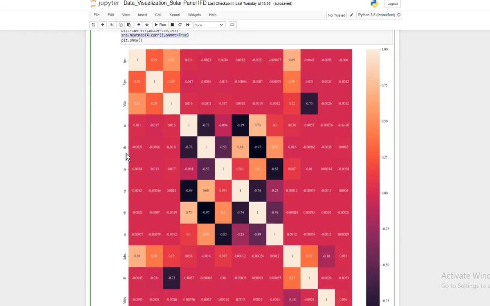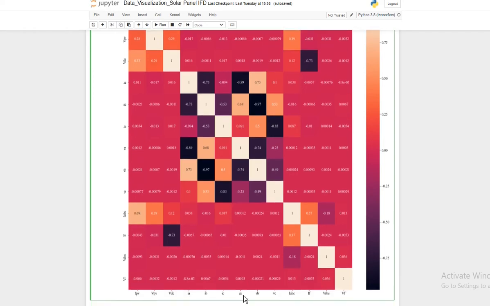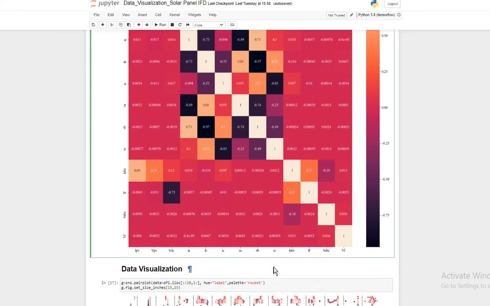So basically we can see that IA is current and it has -0.89 correlation with VA. Similarly, IB has a negative correlation with VB and IC has a negative correlation with VC. Even with negative correlation, we cannot ignore the effect of all these 3 features along with the voltage features. For now, we'll keep them and see the performance. Once we train some model, then we can eliminate these features and see if the performance increases or decreases. Okay.